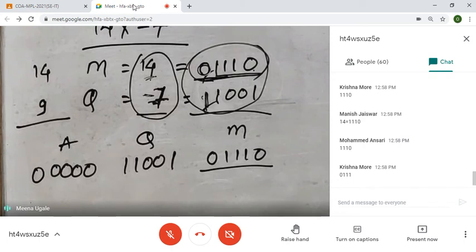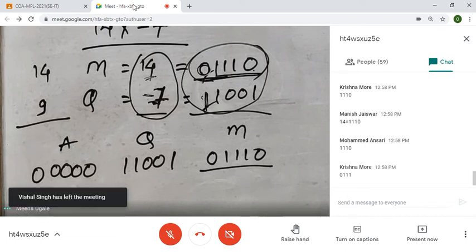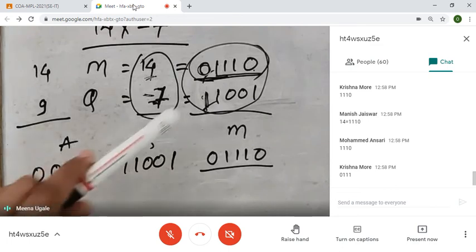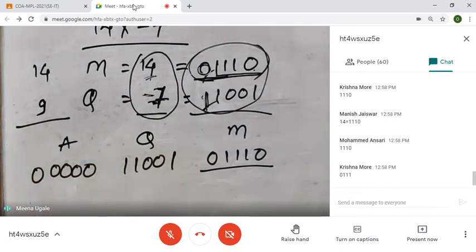Now, as M is 5 bits, I have to take Q and A also as 5 bits, because of A plus M and A minus M. Open the flowchart for Booth's algorithm and start solving this. This sum was asked in one of the papers, and only because students couldn't do this, they couldn't get the final answer. So this is one different case that I'm trying to show you, that maybe sometimes the question will come like this, so check once.